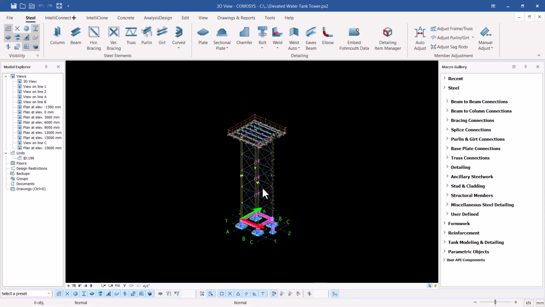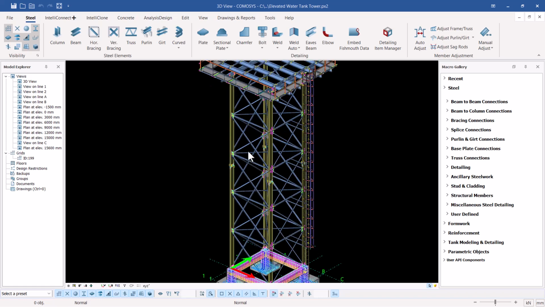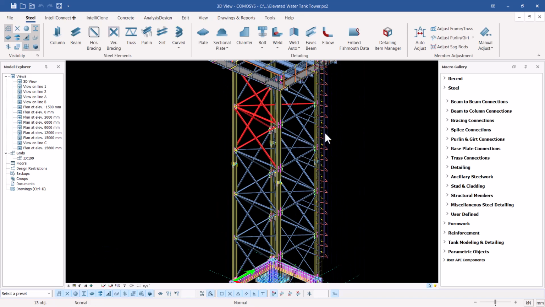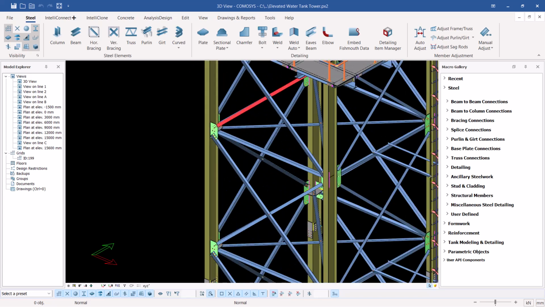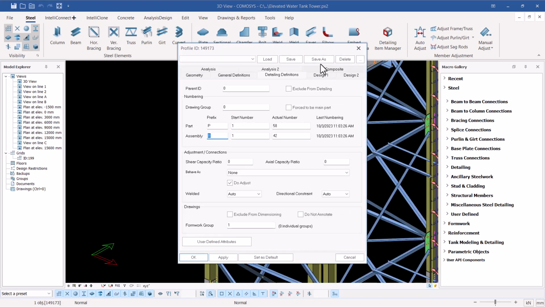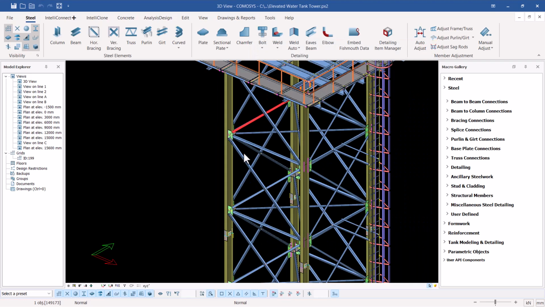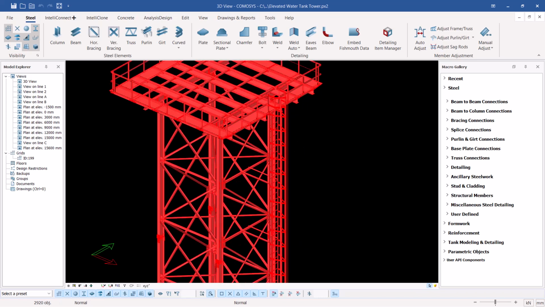I'm going to select everything and narrow down on the vertical bracings. I can also select like that, but it takes a lot of time. And since I know the size of this particular member, which is, let me just show you, 70 by 70 by 6 millimeter thick. You can see that. So I press Ctrl A to select everything, then I press Enter on the keyboard